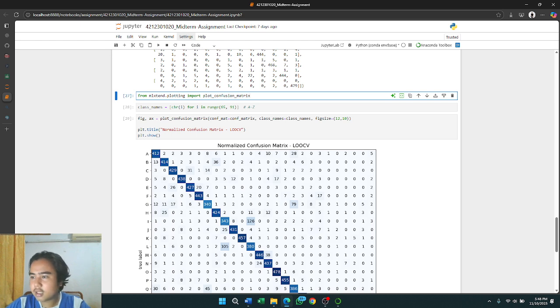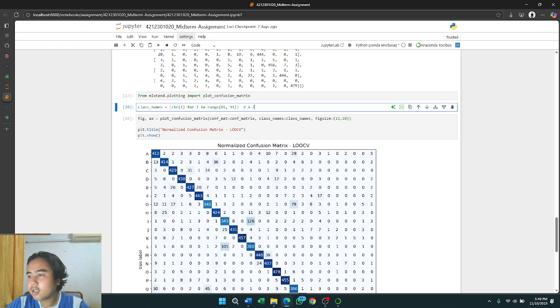Next, these cells, the code from mlxtend plotting import plot confusion matrix is used to call a function that displays the model evaluation result in graphical form. Next cells, the code can be used to generate a list of letter class names from A to Z using ASCII code.